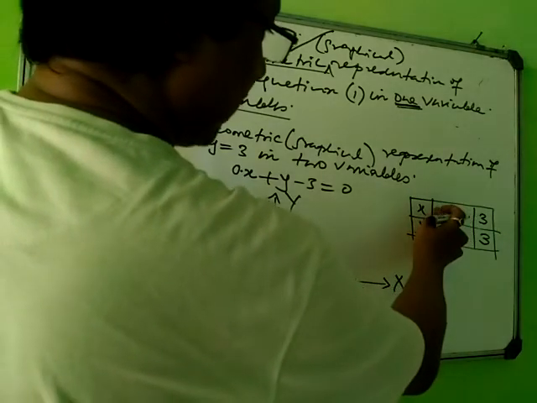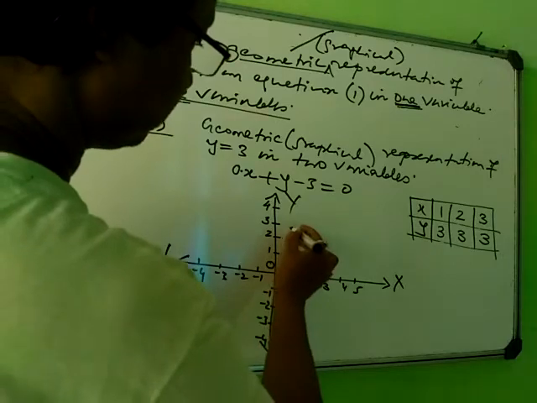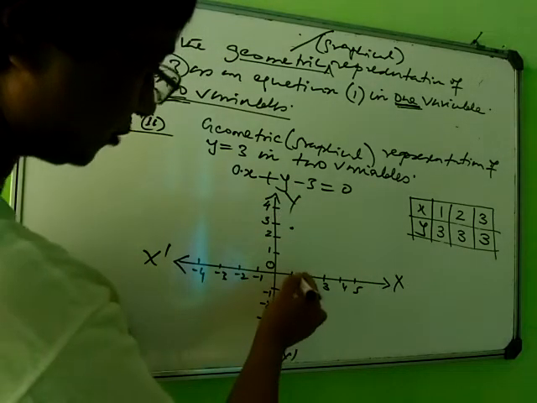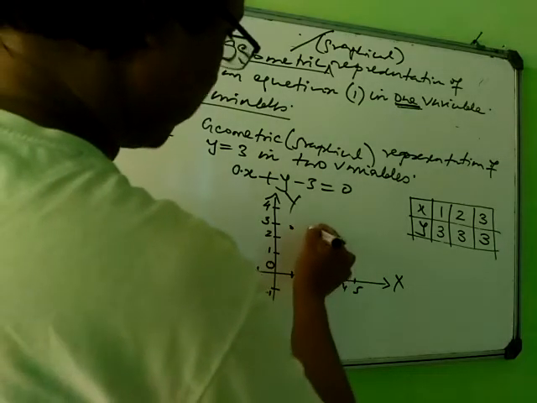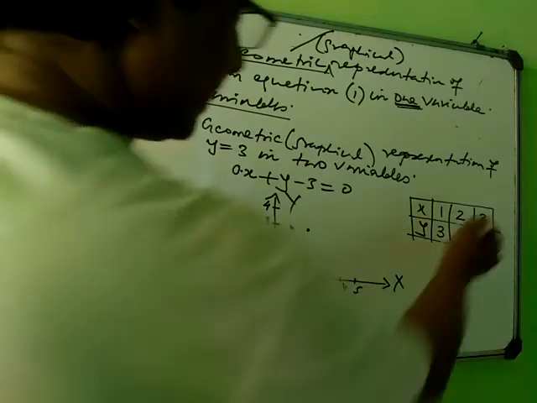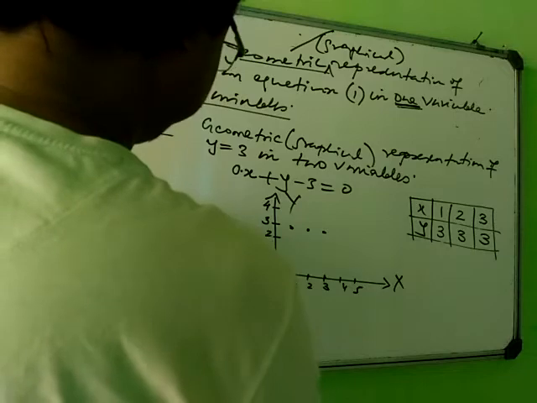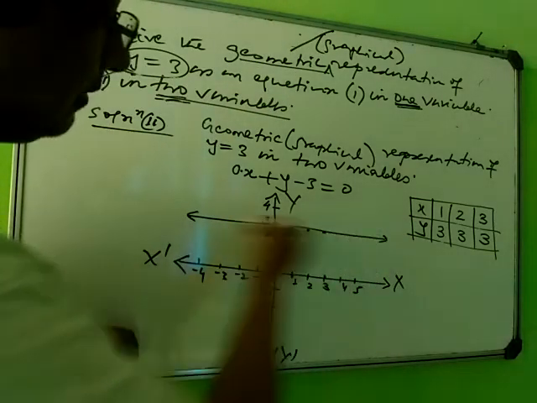x is 1, y is 3. So this is the x axis, y axis. So x is 1, y is 3. X is 2, y is 3. X is 3, y is 3. Now you join all these points, you will get a straight line that will be parallel to the